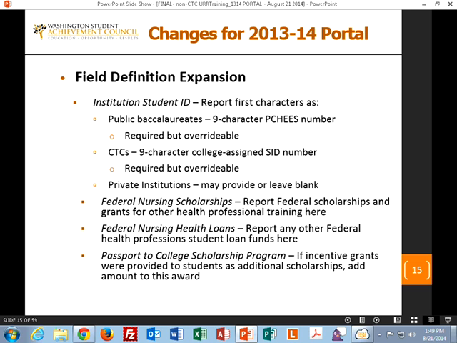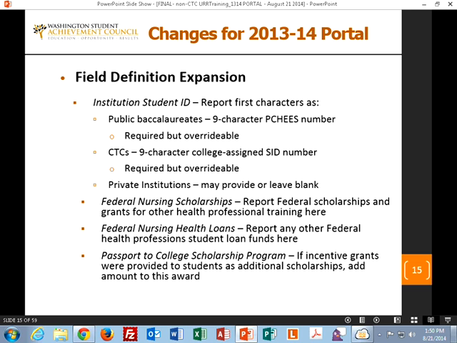Passport to College program, if your institution happens to award an incentive grant to the student that's to be dispersed through your student aid system, maybe to go directly towards tuition and fees, you may add that into here. The question came up last year, and that's the solution that we came up with.